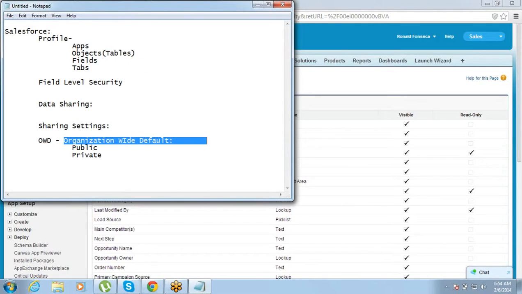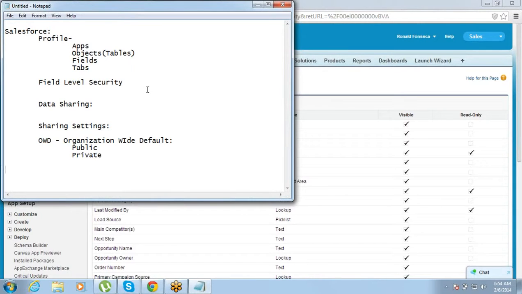So default setting is where you define whether the data of a given object you want to make it public or private. So that is the OWD part of it. Fine. So you have to define whether you want to keep that data as public or private.